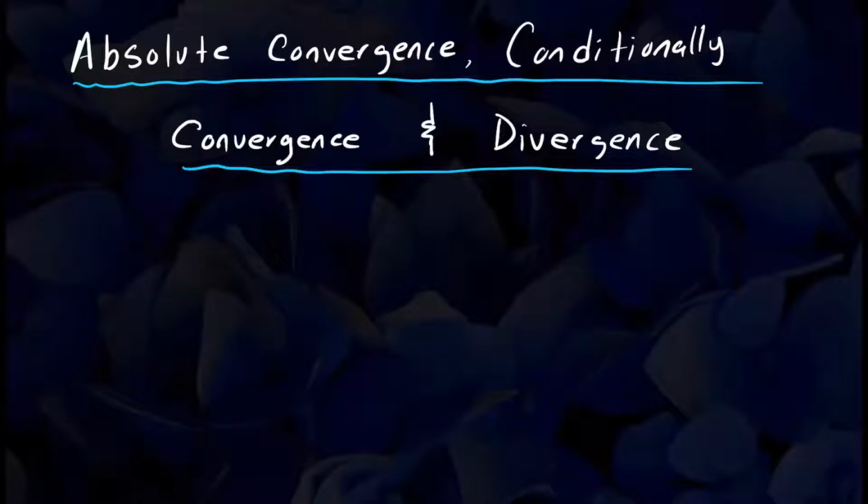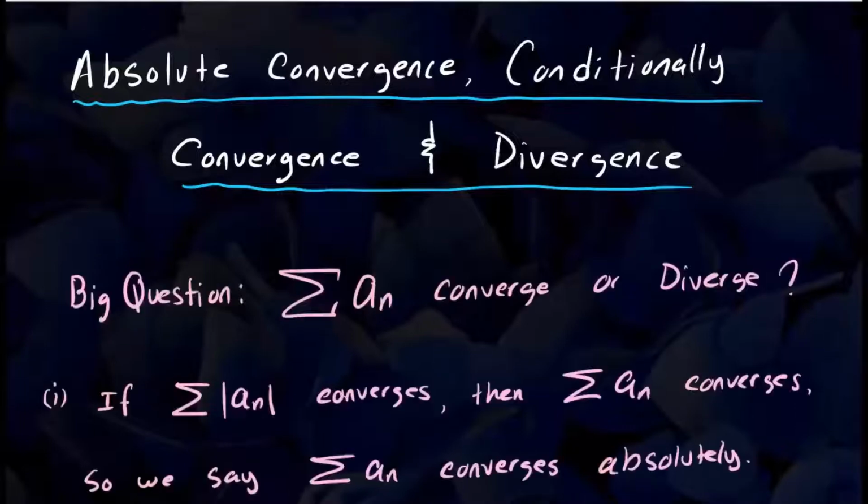Today I'm going to show you how to work with a series and determine if a series converges absolutely, conditionally, or if it diverges. So let's take a look at the conditions first, define these terms, and then we'll take a look at some examples. Suppose we're looking at a particular series, and the big question is, we want to know if the series